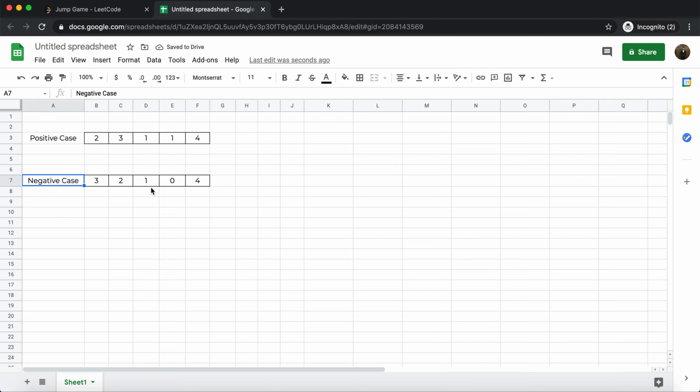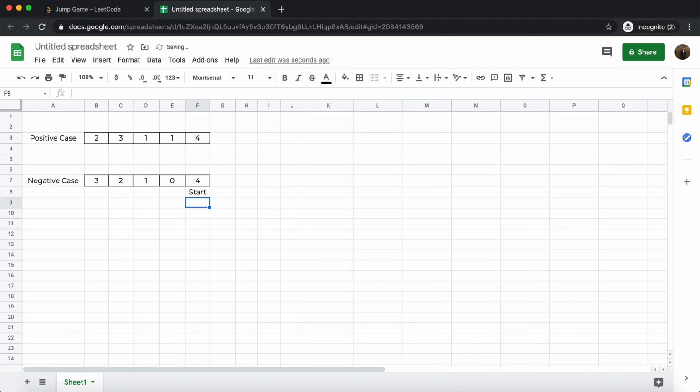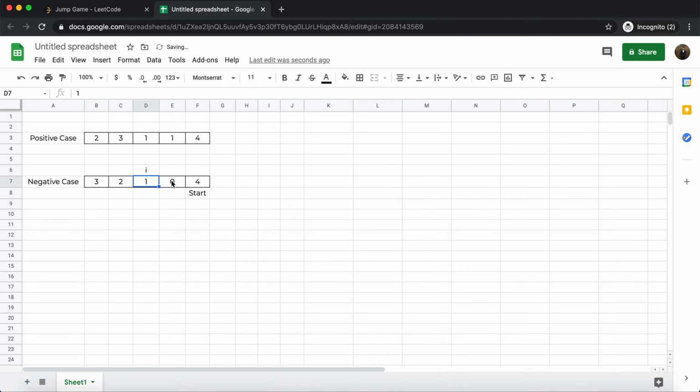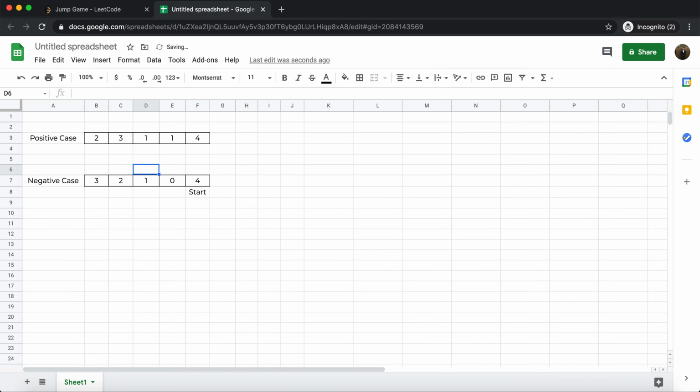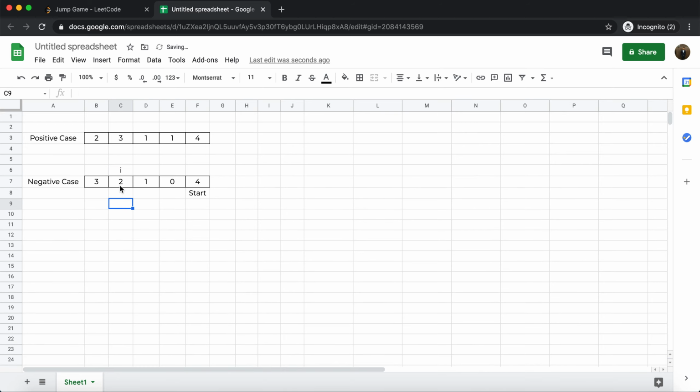This is a negative case. So let's take the scenario where this will fail. So again the start will point to 4. Now we'll start iterating backwards from this position. There's 0, so we can't jump, so we can't do anything at this location. Then we'll move one location prior. From here we can only take 1 jump, so we cannot reach start. So we'll not move the start, we'll go 1 element ahead. From this also we can only take two jumps, so you can at most reach here. We cannot reach start, so we'll skip this also. We've reached here, it's a 3, so we can reach here, but we cannot reach start.